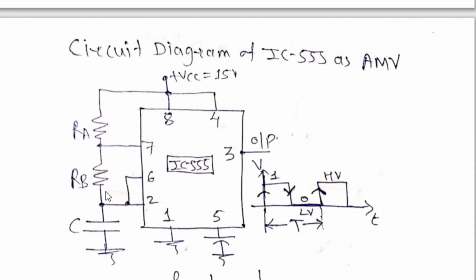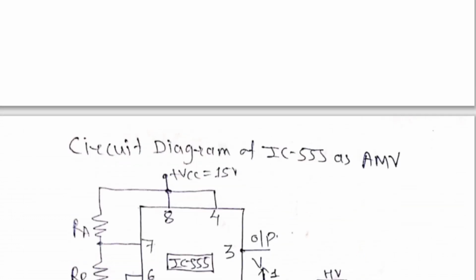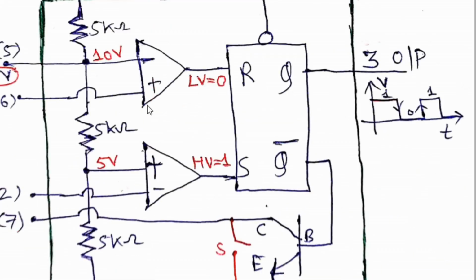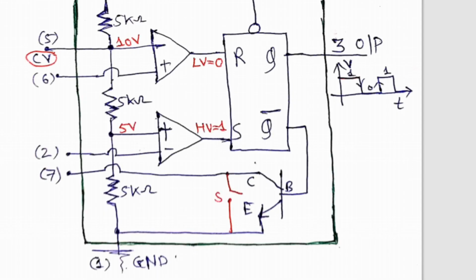Now pin number 5, that is the control voltage pin, which we don't want to connect anywhere. So instead of leaving it open, we connected it through a capacitor to the ground. The reason behind this, I will go again to the previous diagram and then explain you here. So here you can check that pin number 5 is this. If I connect this pin number 5 to a capacitor and the other terminal of the capacitor to the ground, then